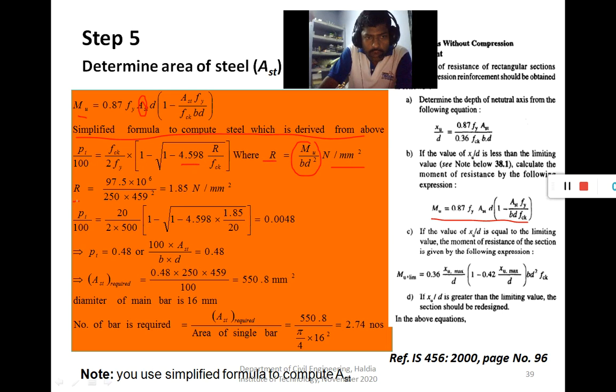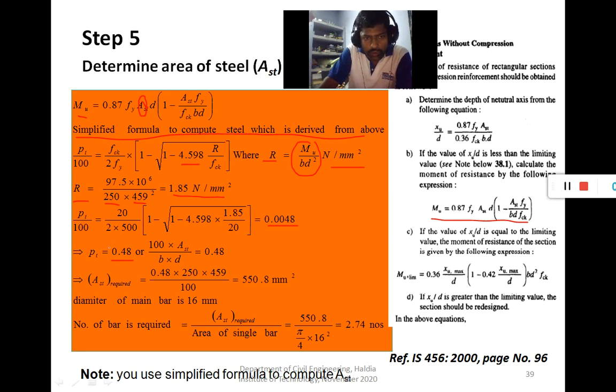So we calculate R: Mu by bd square, 97.5 into 10 to the power 6 by 250 into d square, which is equal to 1.85 Newton per millimeter square. Now all parameters are known, so Pt by 100 is equal to 0.0048. Now Pt is 0.48, meaning the amount of steel required is 0.48 percent.